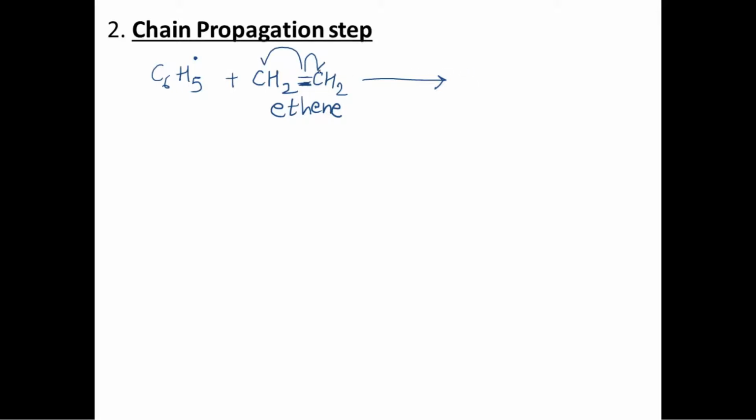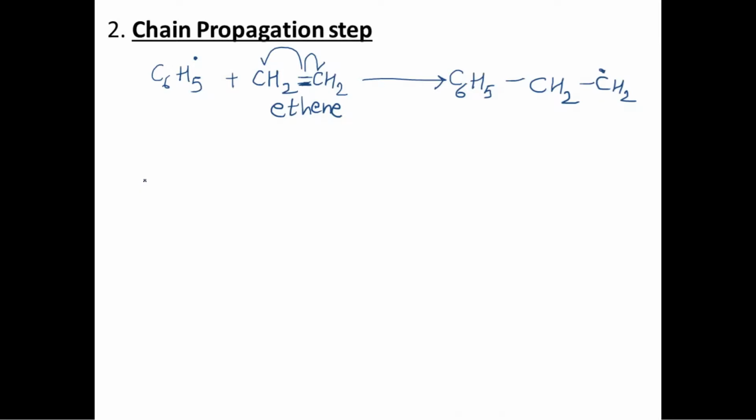This bond will be broken down, and one free radical will come on this carbon atom and one free radical on this carbon atom. This carbon and this carbon will form a bond, resulting in C6H5-CH2-CH2, and this free radical comes here. I hope it is clear how the bond formation takes place between this phenyl ring and this carbon: the bond which was broken sent one free radical to this carbon atom, this free radical joins up to form a bond, and now there is one free radical on the top of this carbon atom.